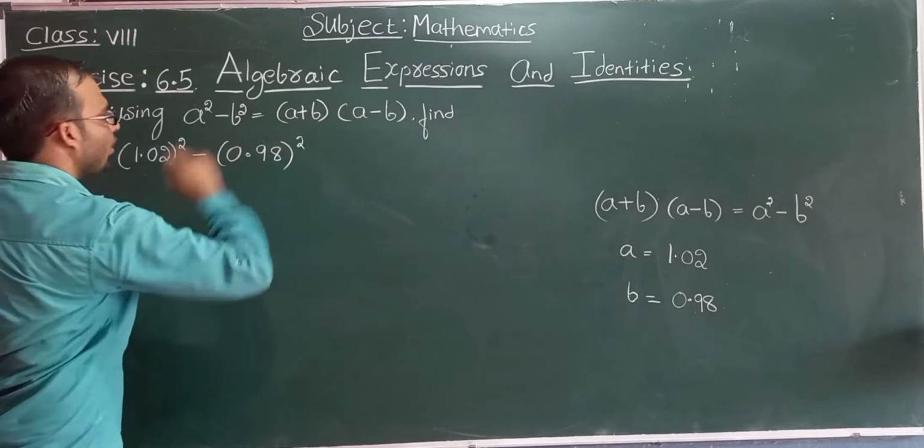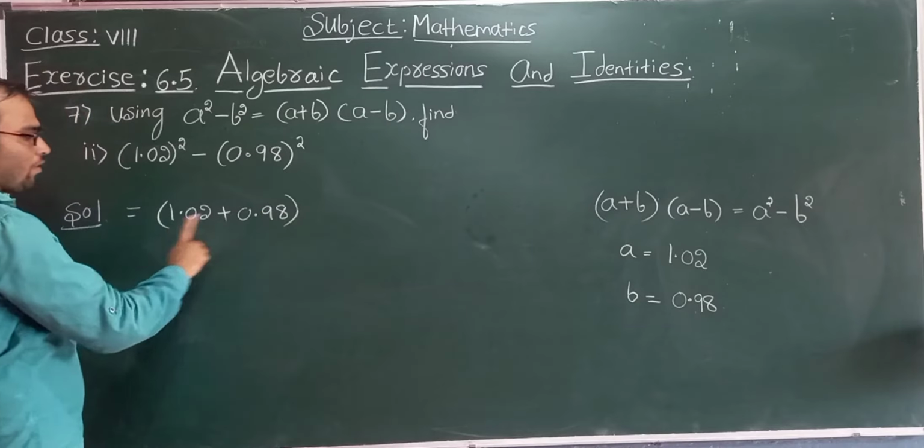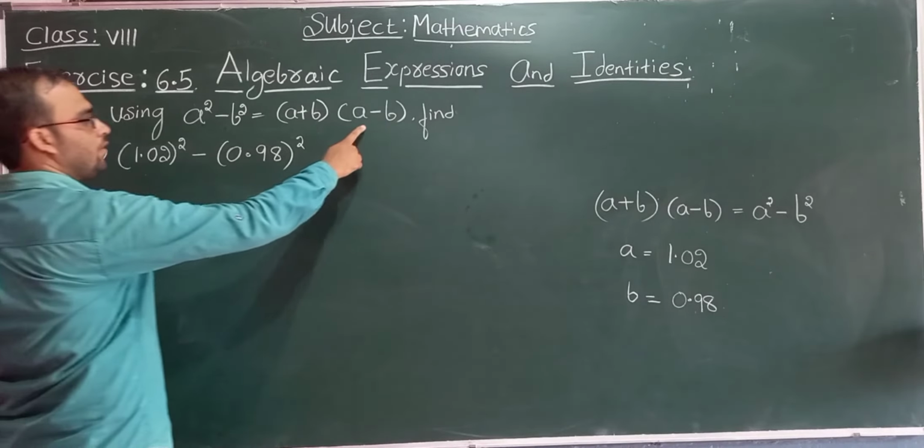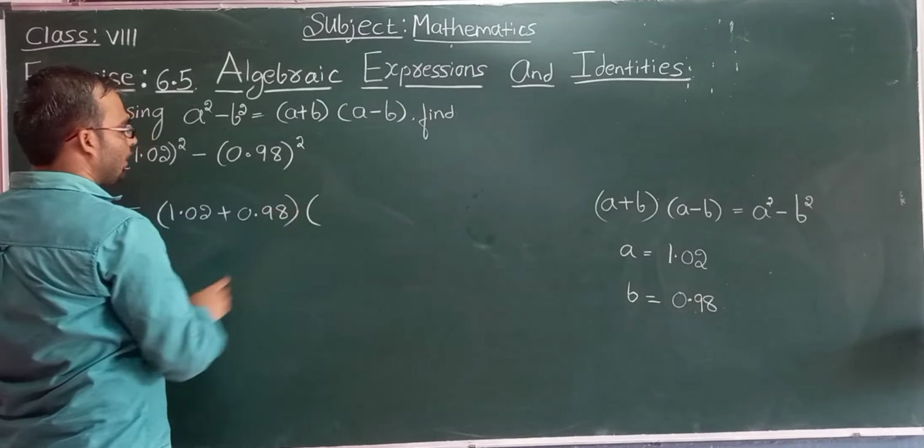1.02 plus, a plus b. In place of b, what is there? 0.98. It is of the form a plus b. Next we have to write a minus b. A means 1.02, minus b means